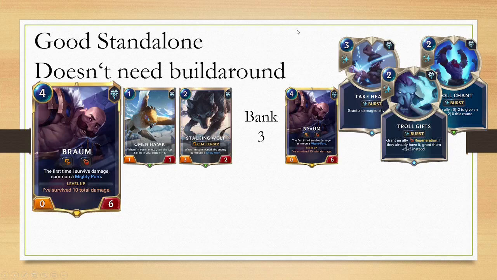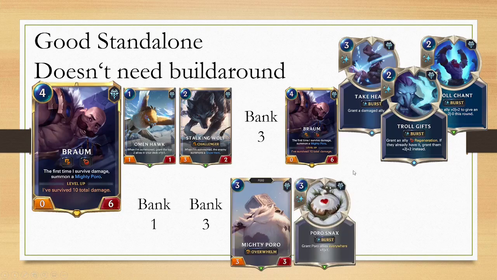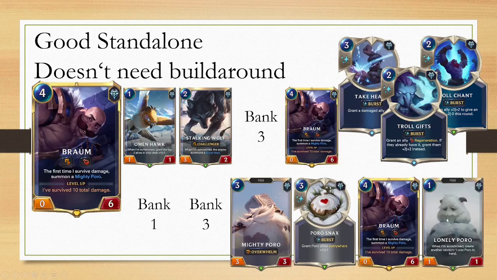The best Poro deck or Poro strategy I would go for is actually bank turn 1, bank turn 2. So you have 3 spell mana banked up, then you play the Maide Poro on turn 3. If they attack you with like a 3/2 for example, then you go for the Poro snacks and play Braum on turn 4. And then afterwards, when you have your first stack of Poro snacks, then you want to start